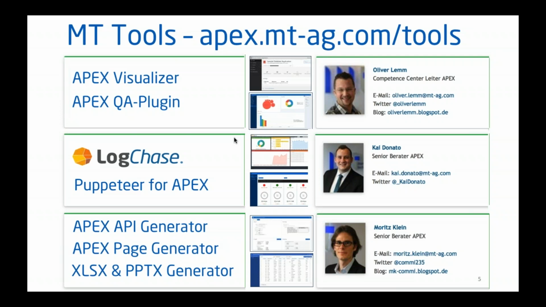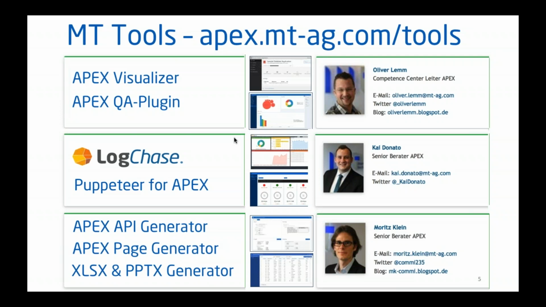So let me run quickly through them. Visualizer is a tool. If you look into a migration of an Apex project, you would like to know what was customized in the current application. If you go from 5.1 to 18.1, you would like to see how much customization has been done. That gives you an indication of how much work you have ahead if you're going into the migration phase. This Visualizer gives you a first idea of that, and it's really helpful in these matters. So I would suggest you download it if you're looking at a migration project.